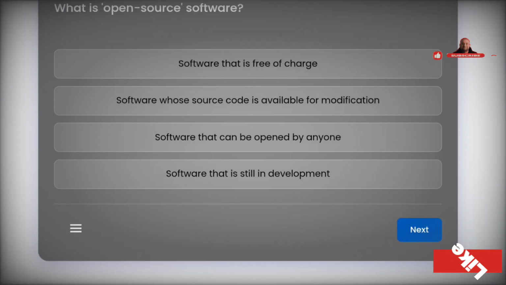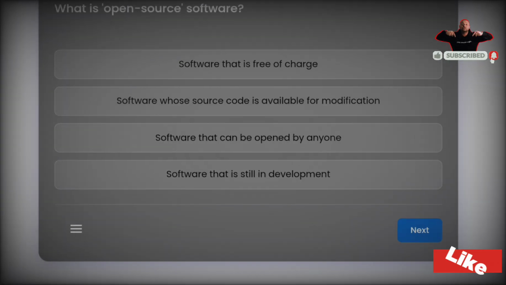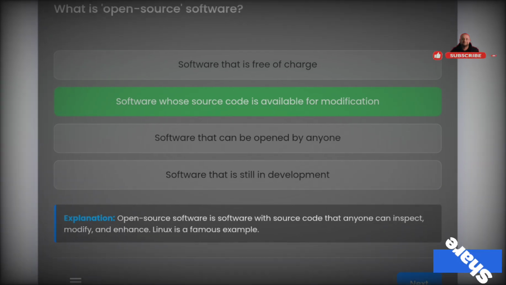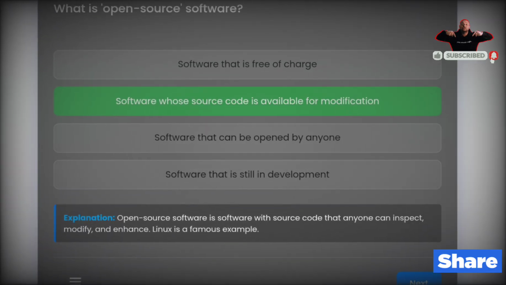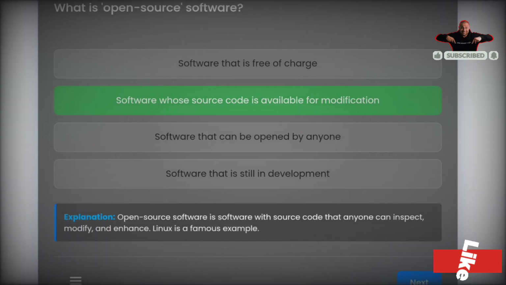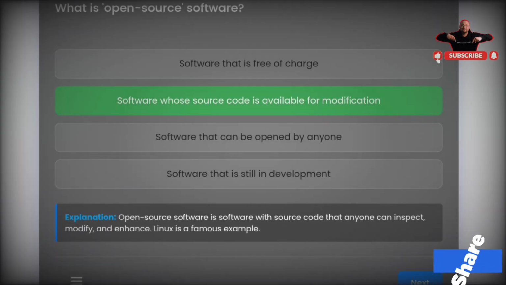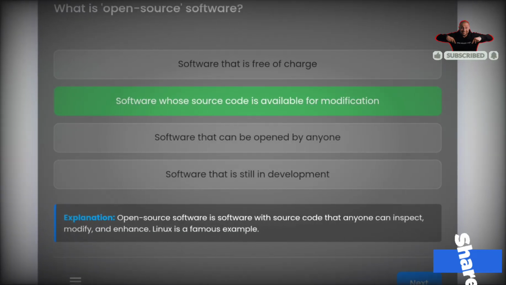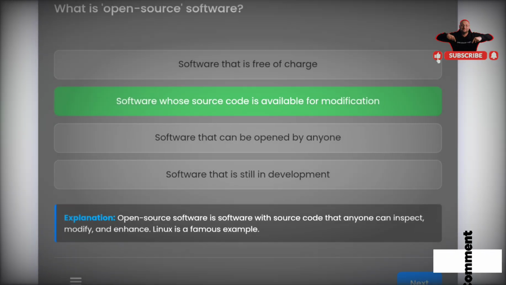What is open source software? कौन सा होता है? Answer second one, software whose source code is available for modification. ओके, ओपन सोर्स क्या होता है? वो सॉफ्टवेयर इज सॉफ्टवेयर विथ सोर्स कोड दैट एनीवन कैन इंस्पेक्ट, मॉडिफाई एंड एनहांस. लाइक लिनक्स इज ए फेमस एग्जांपल. ओके,